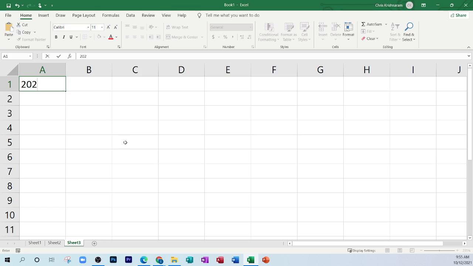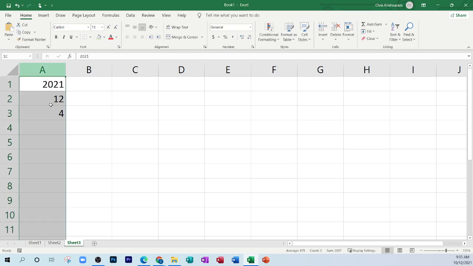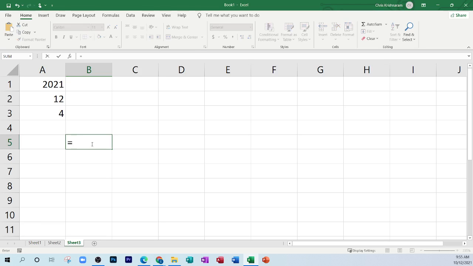For example, because we have to type in the date values, we're going to type in the year, the month, and the date. So we typed in 3 values, and our date function is going to be equal